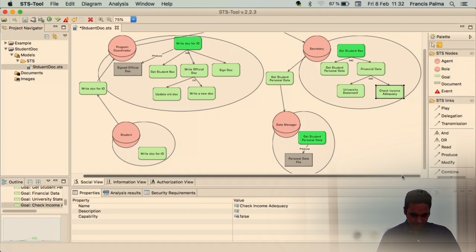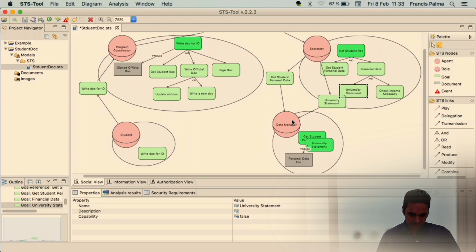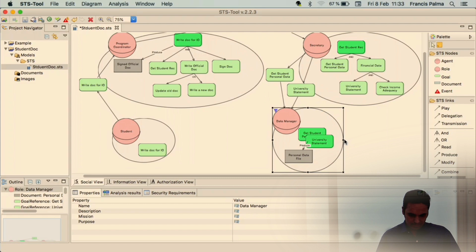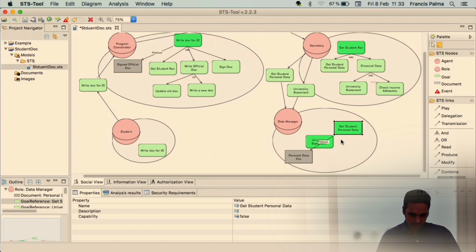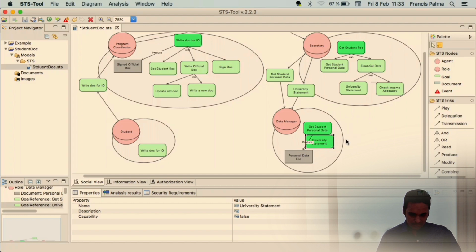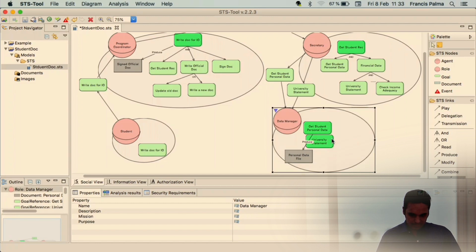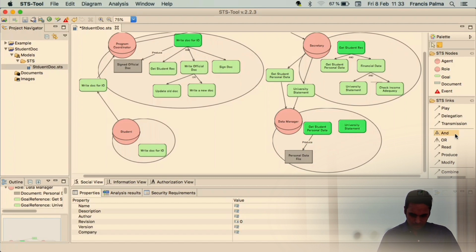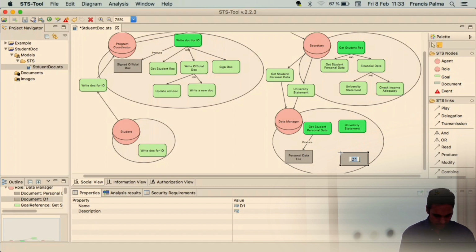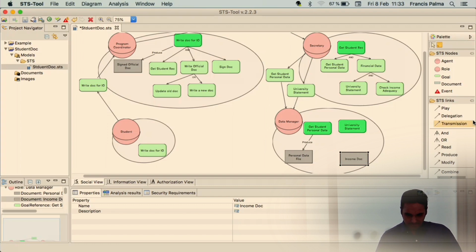but again this goal of the university statement or university financial data of the student is not available to the secretary, so it will be delegated to the data manager, and the data manager will produce an income statement, let's say an income document,